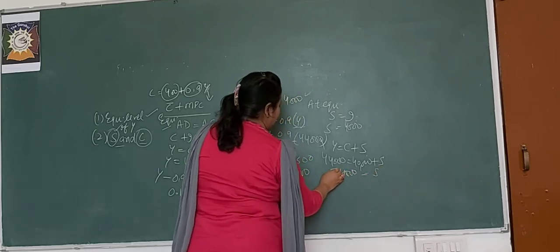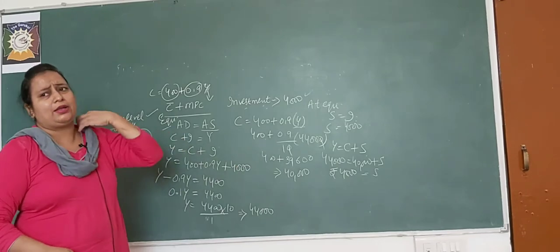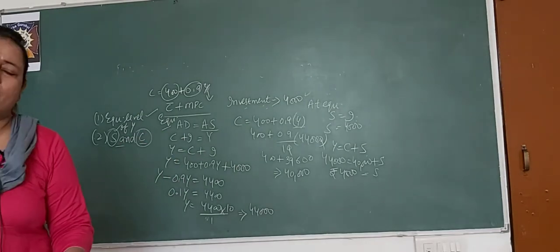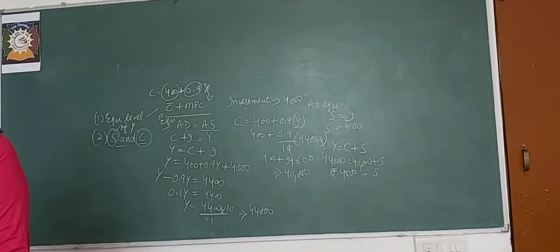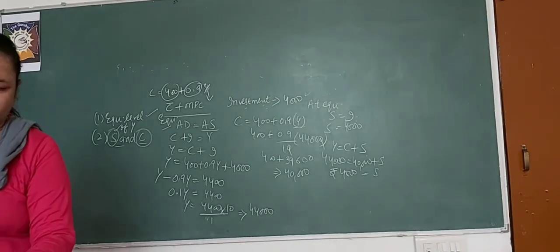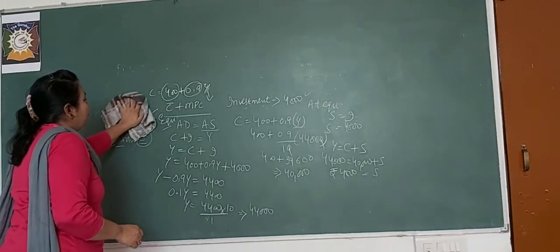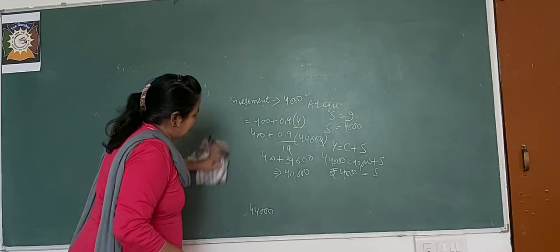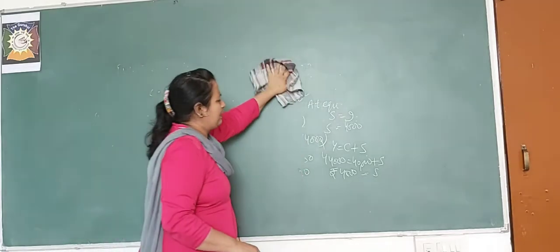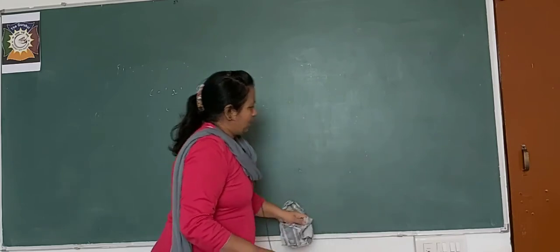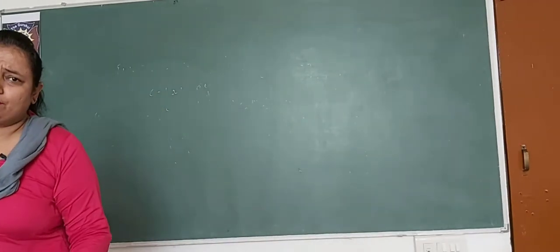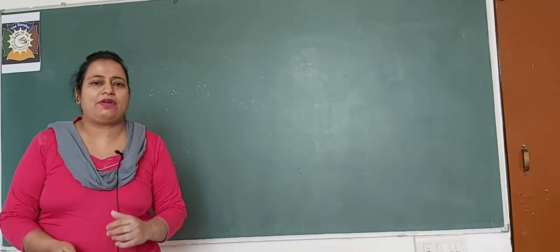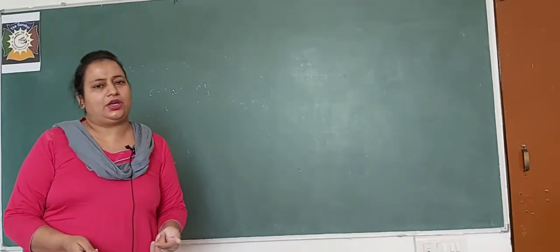You can find it by any method you can apply, any method which is easy for you, but you have to keep the approaches in mind. That is AD is equal to AS, or S is equal to I. It means planned aggregate demand is equal to planned aggregate supply, and S means saving and I means investment. That is the equal approach. So 2 questions are left. Now I will start those 2 questions. After that I will send you the PDF and you will solve the unsolved questions in your notebook.